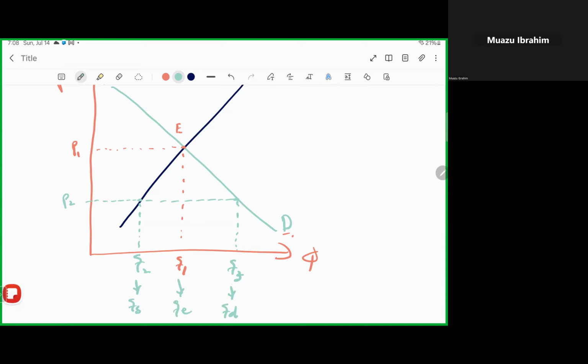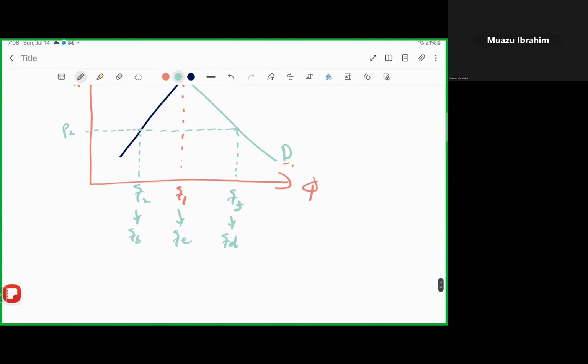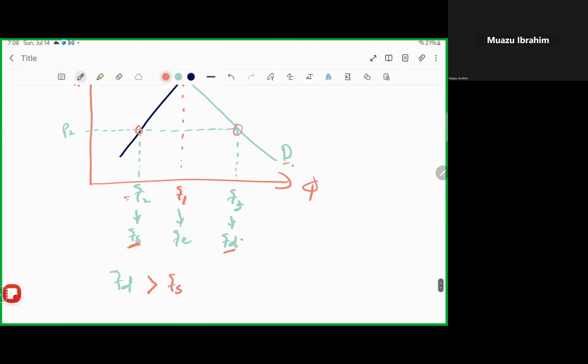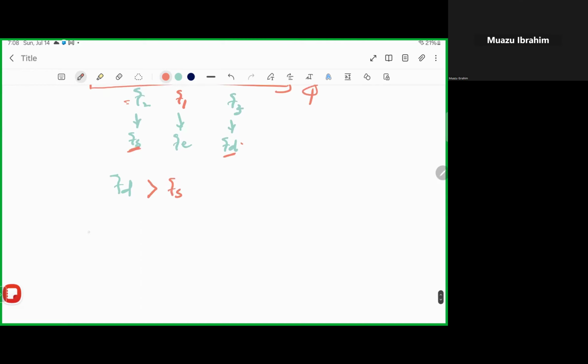In this particular case, you will realize that your quantity demanded, QD, which is here, is exceedingly higher than your supply side, which is QS, because more will be needed than how much is supplied. So in this particular case, remember we said at equilibrium,